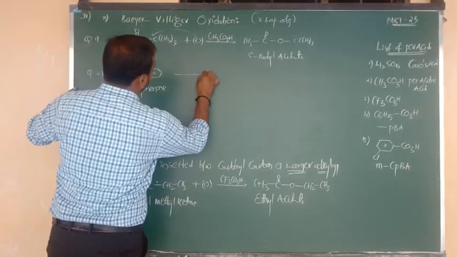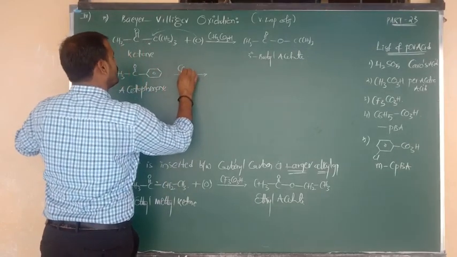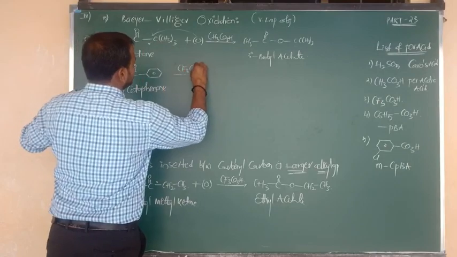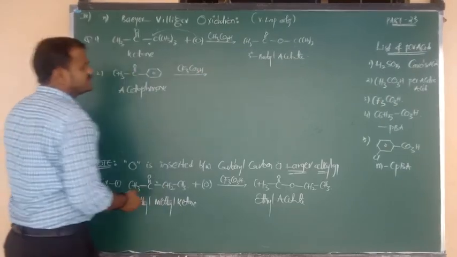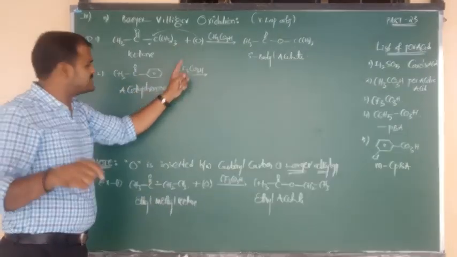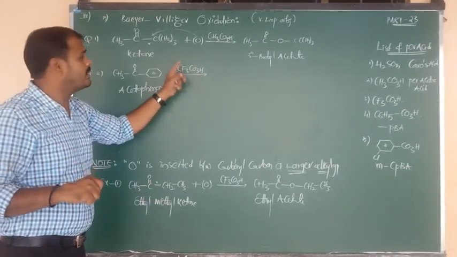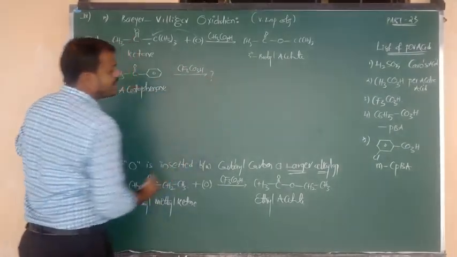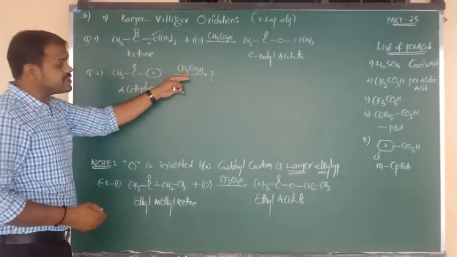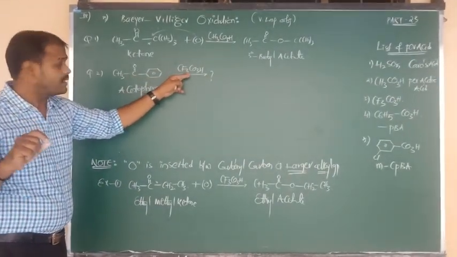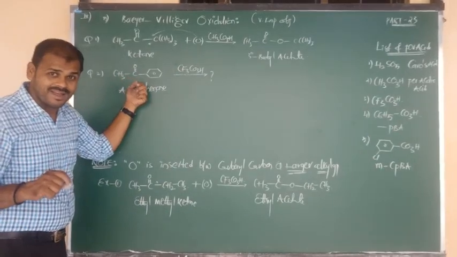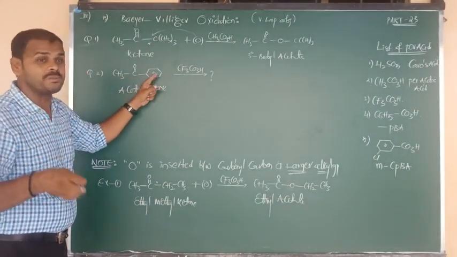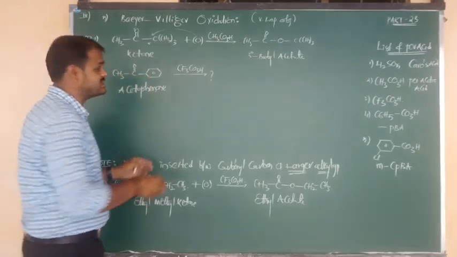Again, same thing. Upon the arrow mark I have given CF3CO3H. They won't provide the oxygen themselves. By seeing this reagent only, we have to say that peracids will provide the oxygen. So what will be your answer? Insertion of oxygen takes place between methyl and carbon? No. Methyl is a simple group, benzene is a bulky group. So between benzene and carbon we have to insert it.